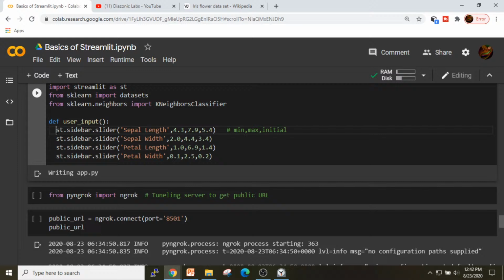Now I will store this particular thing in one variable. Let me call it, say, sepal underscore length, is equal to,